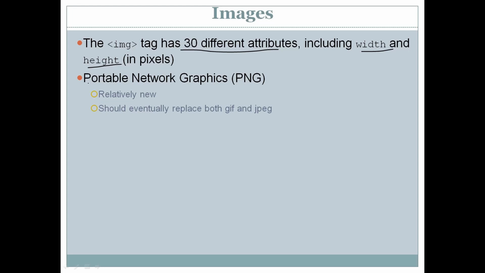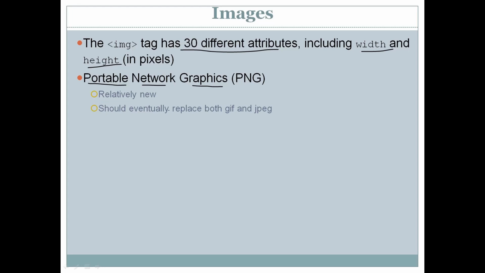Okay, there is one more important image format which is popular today, that is the PNG format, that is Portable Network Graphic format. This is a relatively new format and should eventually replace both GIF and JPEG formats. I have used a PNG image, you can see the clarity of the image is also good and it takes less size. So PNG will replace both JPEG and GIF in future, but even today JPEG is used mostly on web pages.